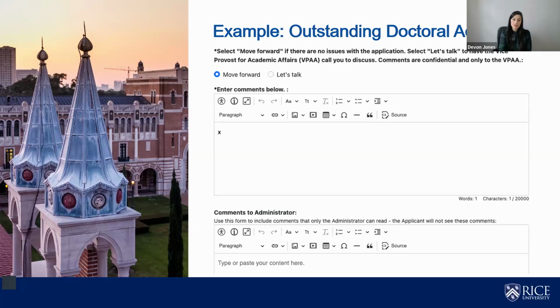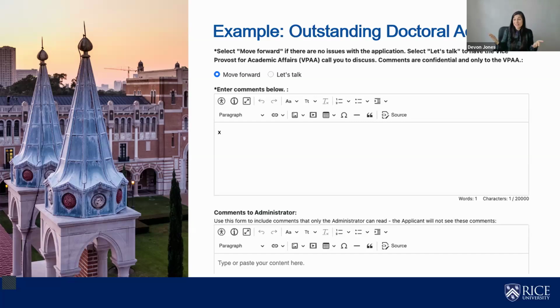We did flesh out in the instructions to let him know that if he selects Let's Talk, he's not pulling a nominee package, and he's not saying that that nominee is not a great nominee. But rather, he's going to get a call from our Vice Provost for Academic Affairs, my boss, and they can chat through why someone may not be best suited to move forward with this award. Something that we may not know, maybe his matriculation rate isn't that great or something like that. His graduate student, one really beloved, etc. But he's got a couple lingering grad students that he's not really helping push to the finish line.